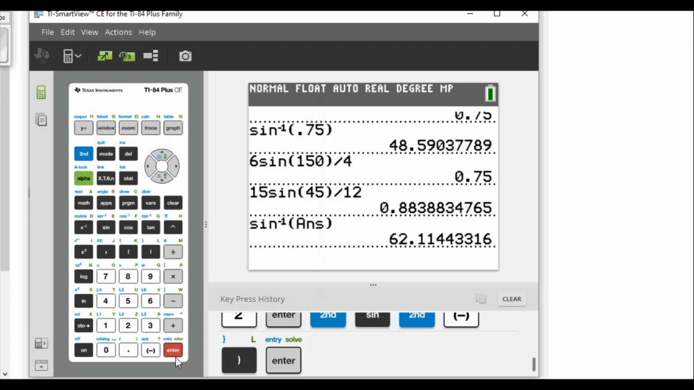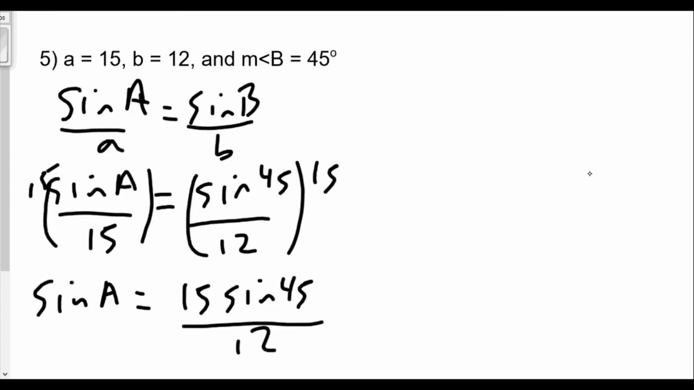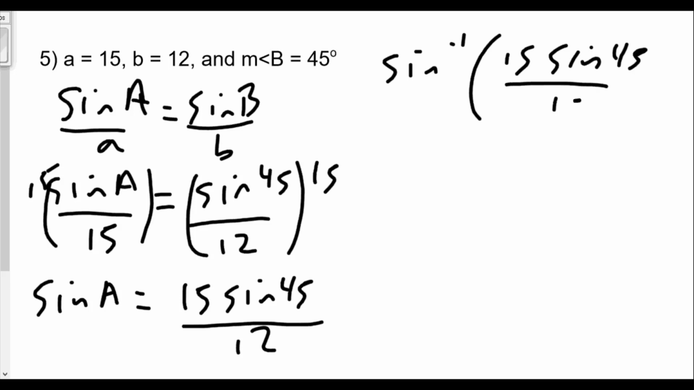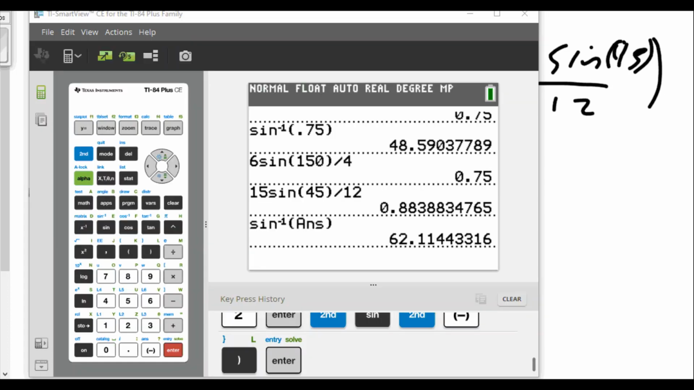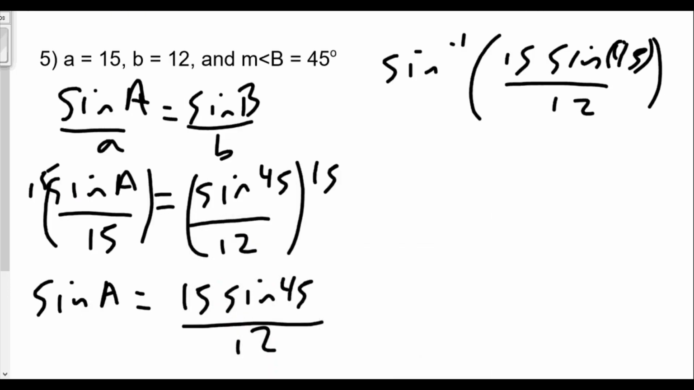We're going to round off to 62 degrees. So in this case, we had sine inverse of 15 sine of 45 over 12, which you can totally type in here. Make sure you close the parenthesis. And you would still get, I think we said 62 degrees. Let me double check to make sure. 62 degrees? Yeah, 62 degrees. So the measure of angle A